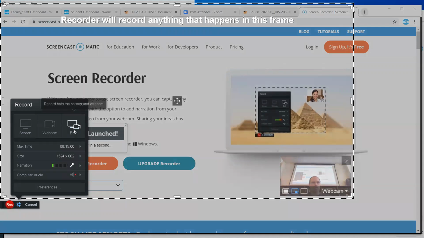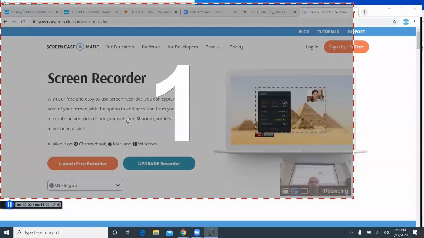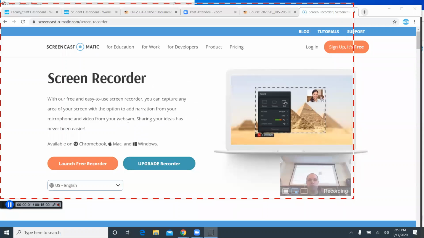All right, so I would click record. It gives you a 3, 2, 1 countdown. So now I'm recording this video. It's showing this part of my screen to students. Then when I click pause, you can either keep going, or you can play back what you've recorded, or you can delete it,